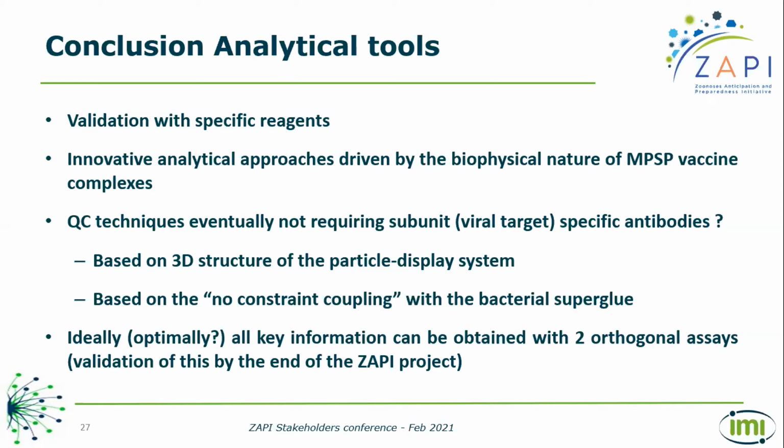They can be used to monitor as generic tools, which is kind of heresy, I would say, in the QC world, because you use a non-specific tool for measuring something which is specific, but due to the fact that you are fusing the target with the spike tag or superglue moiety, you can still monitor your target. We think we have developed a very innovative analytical approach driven by the biophysical nature of